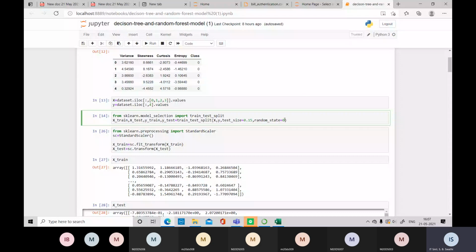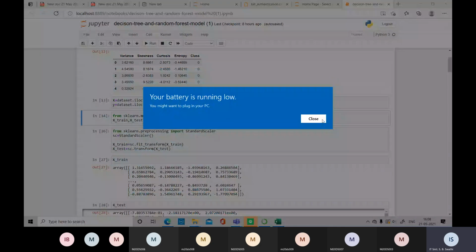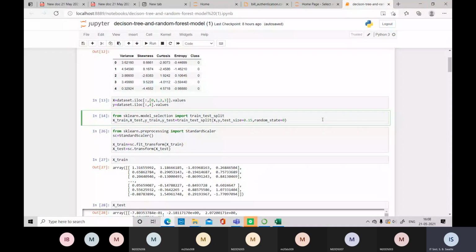Comma random_state equal to 0. From 0 to 44 you can give any number. Every time you change the number, the rows which are assigned under X test and under X train will go on changing.